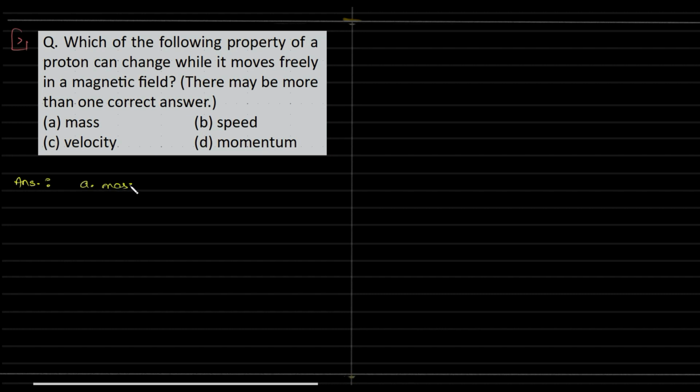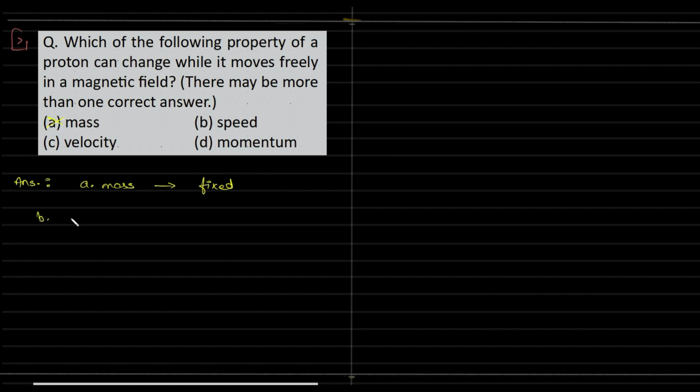So option A, mass. See, mass is something that we have kept telling, that difference between mass and weight is that mass is fixed and weight of a given object depends on the gravitational pull and all that. So for the level we are studying, mass is fixed. We're not talking about anything moving at the speed of light, where some weird things happen. But as of now, mass is fixed. So at no point will mass change. So this is not an answer.